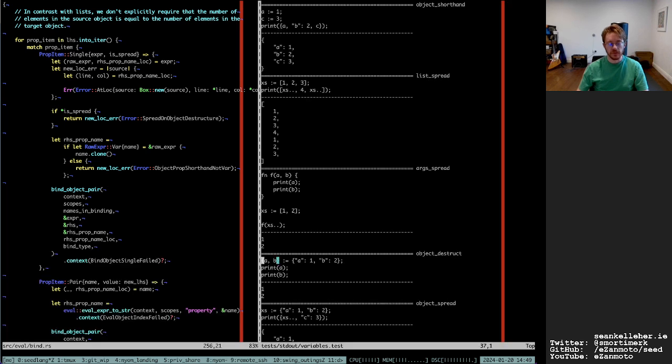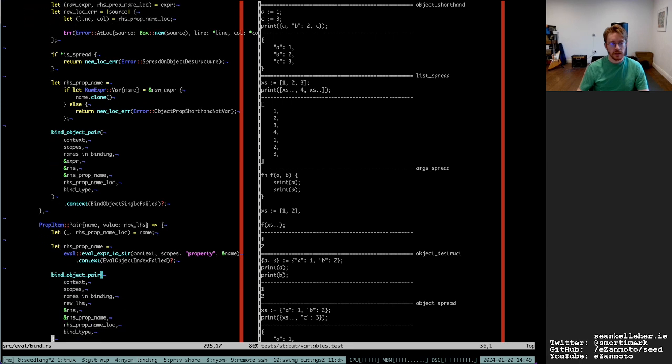Okay, so that just works as expected. So that's the case of single, and in that case we just look up the variable on the object and we get it. In the case of pairs, how does that work though?